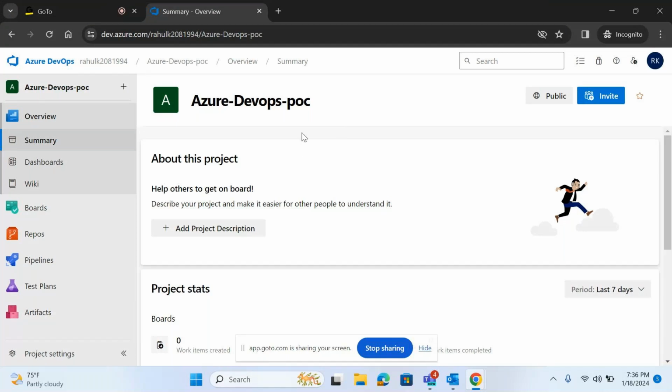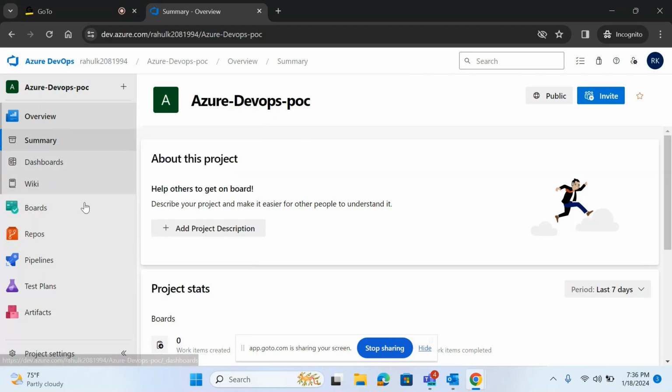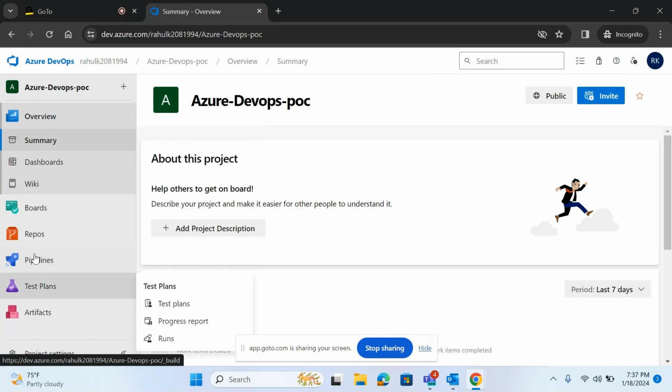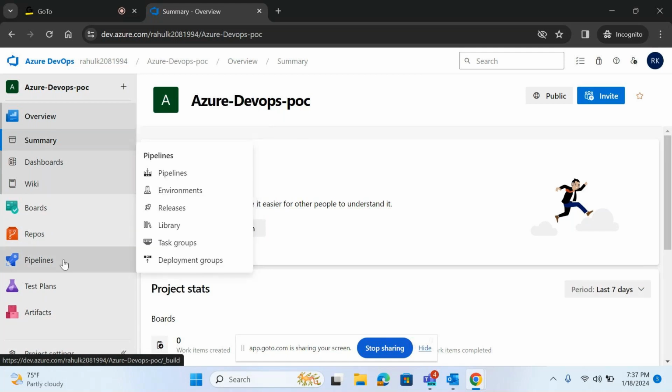Access to these people, and if you see here, this is the complete DevOps console. Like in every project, you get these options, like a board. We'll have options for the repository. We can create multiple repositories, and then the pipeline. In pipeline, we have various